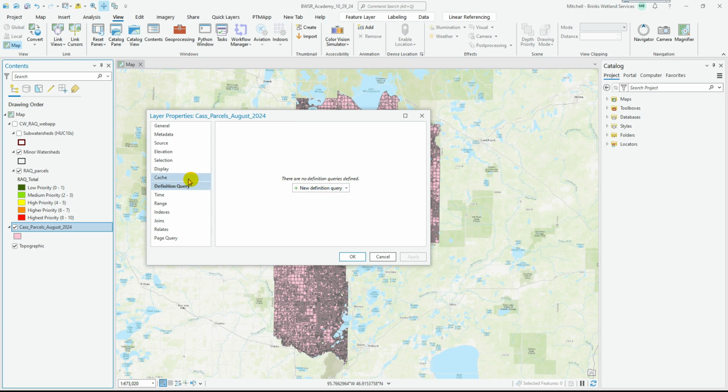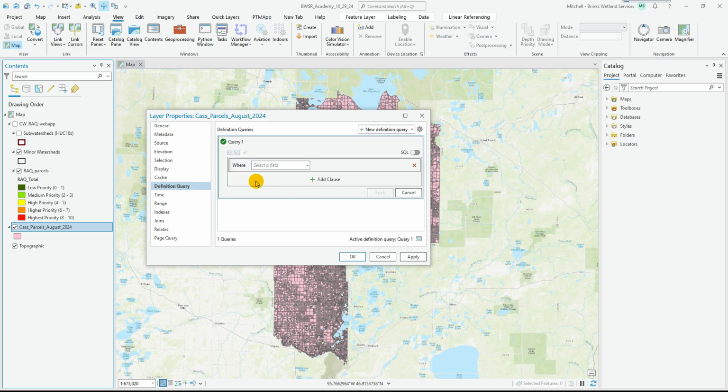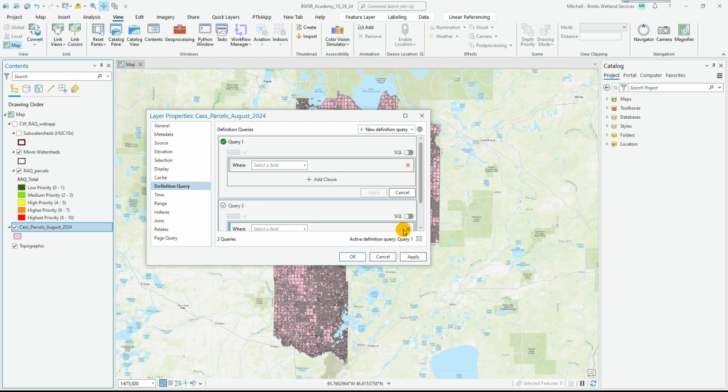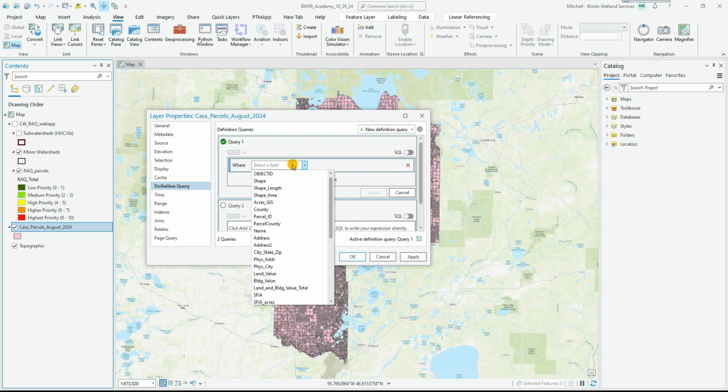One thing I want to say, who here has used a definition query? This is the greatest thing ever. I mean, it was in ArcMap and now it's in Pro. It's even better in Pro because you can actually make a query and create another one. How awesome is that? And save them. So, just for those that don't know, definition query allows you to basically define your data, just the data that you want to see. It's kind of like selecting and then making a new layer, but in this case, you're not touching